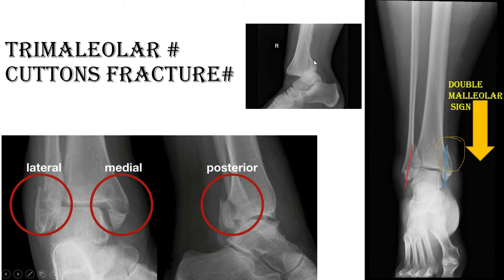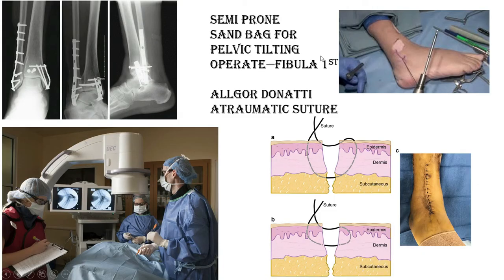The old guideline is, if this fracture fragment involves more than 25% of the articular surface of the distal tibia, then it needs fixation. But now the guideline has been changed. Any instability of the ankle caused by axial pressure along with this posterior fracture, you have to fix it. After any type of fixation, you put a screw from anterior to posterior or posterior to anterior.